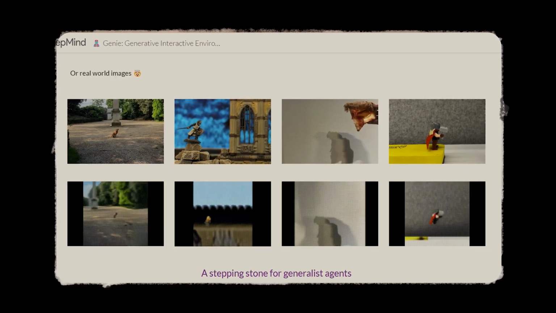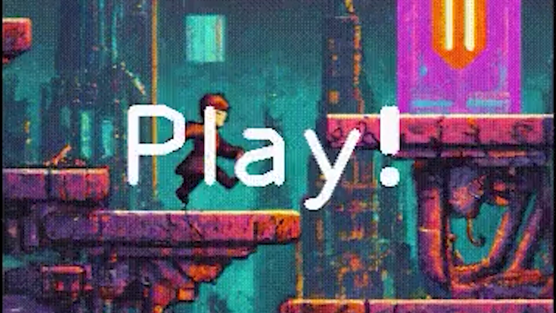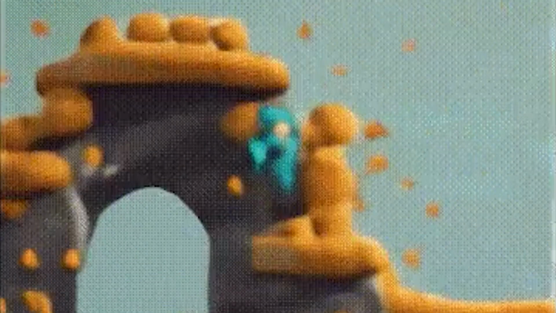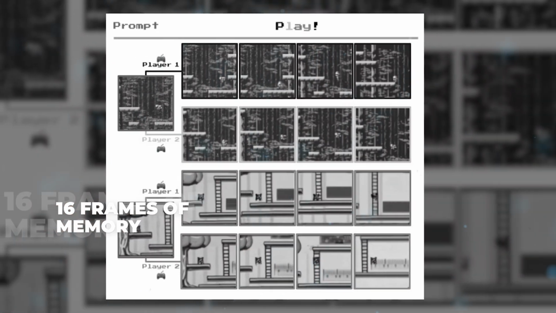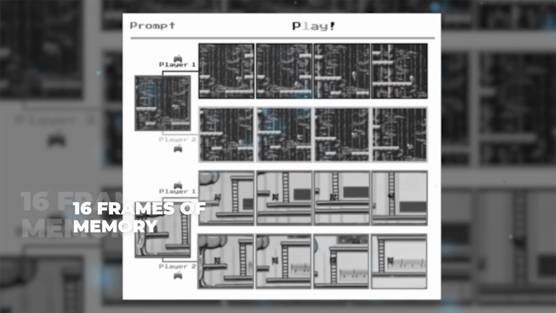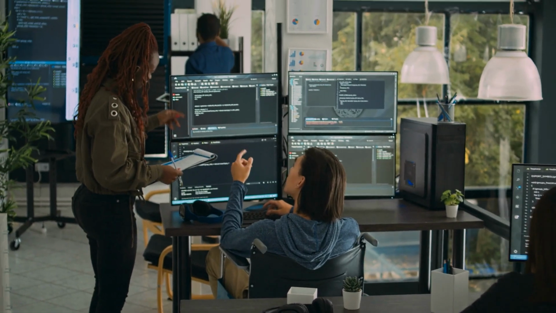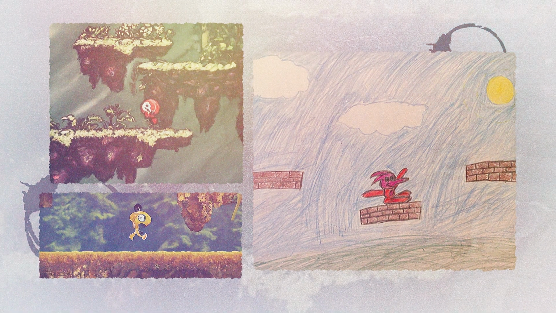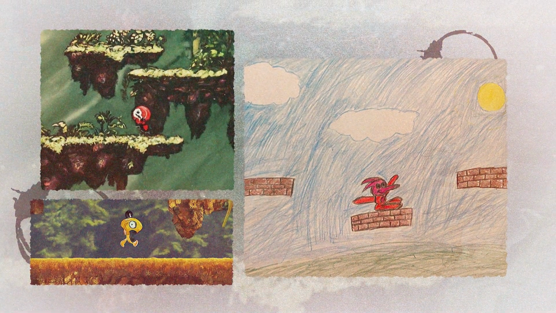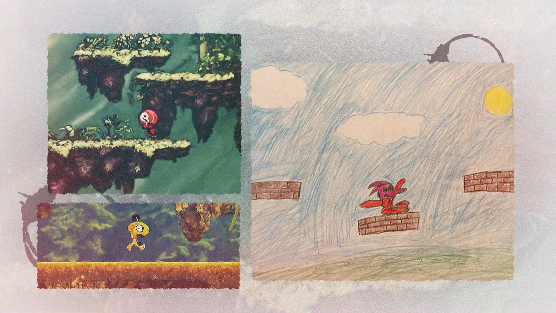a simple jump. You might have also noticed that the samples shown publicly by the Genie team only show a handful of sometimes very blurry frames of action before looping back to the start. This is most likely because the system is currently limited to analyzing only up to 16 frames of memory, which the team says makes it challenging to get consistent environments over long horizons. Now, this isn't so surprising, seeing that it's only the first iteration of Genie, so it can only get better from here.